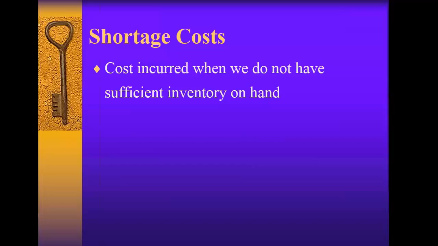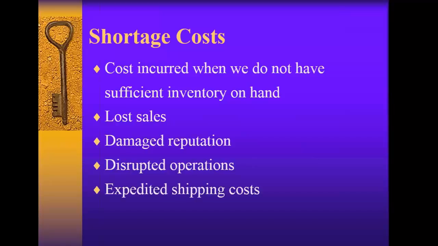So we've talked about the costs incurred. If we don't have the inventory, we have lost sales, damaged reputation, disruption of operations, and expedited shipping costs. Expedited shipping costs essentially means that if we don't have the inventory, but we've promised to have the goods shipped to someone, what happens? We are going to have to do a rush job in terms of manufacturing this product, and then when it's finally done, it's going to be shipped not at the ground level, but we're going to have to do Federal Express, airdrop it,